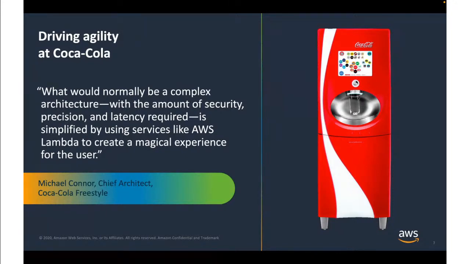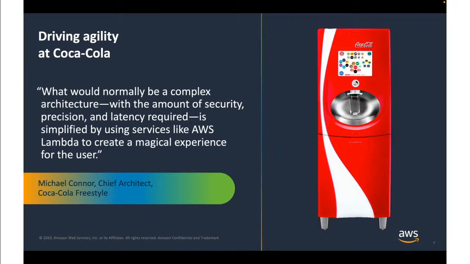So they have this product that they call the Freestyle drink dispenser, the one that you are seeing here in the image. It used to be that you see the screen over there where a customer could interact with it and essentially get a drink dispensed. But with COVID and all the restrictions about avoiding as much touch as possible, what we did, and what Coca-Cola did on our platform, is build